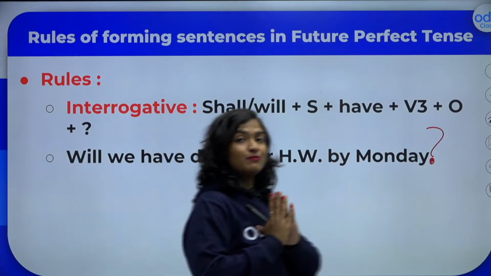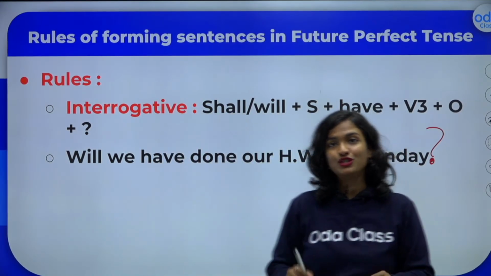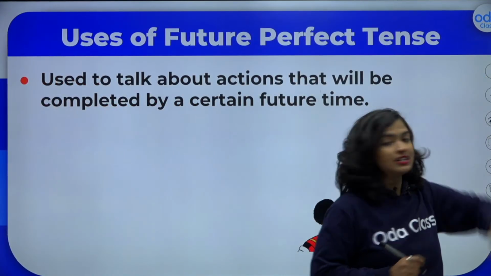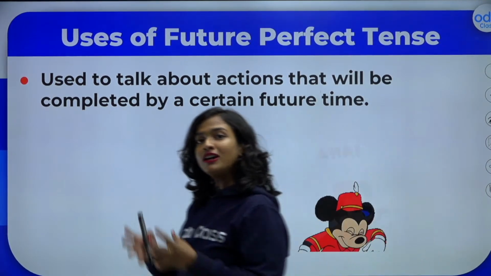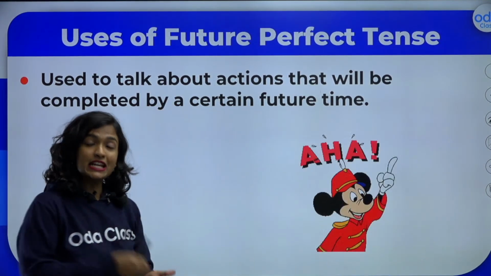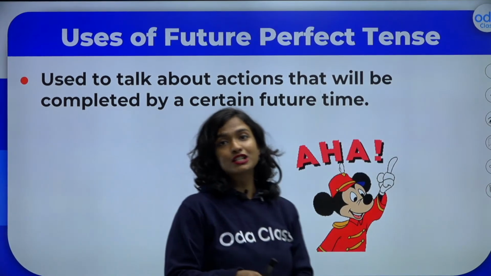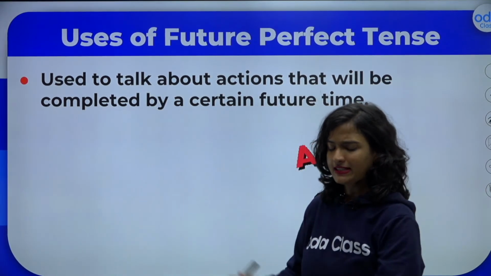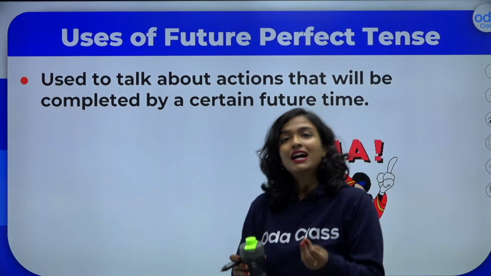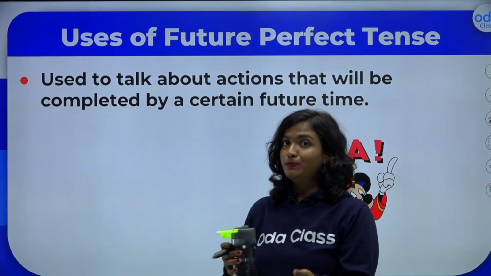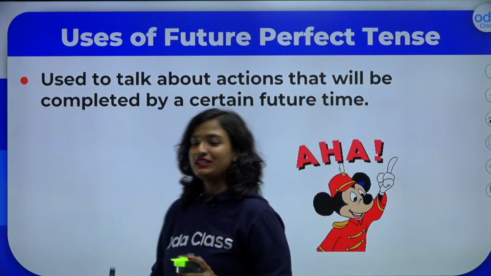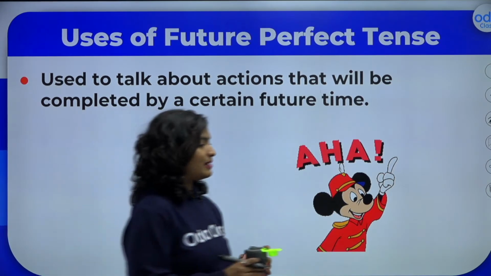Remember, this is the most important thing to remember about our future perfect tense, students, which is that we always use it to talk about actions that will definitely be completed at a certain point in the future. Except in questions, where we are asking if this action will be completed by that point in the future. It's time for a couple of quizzes.